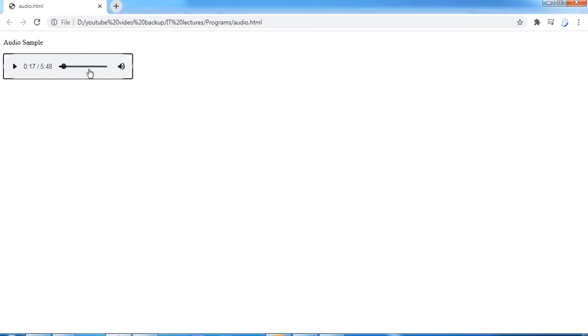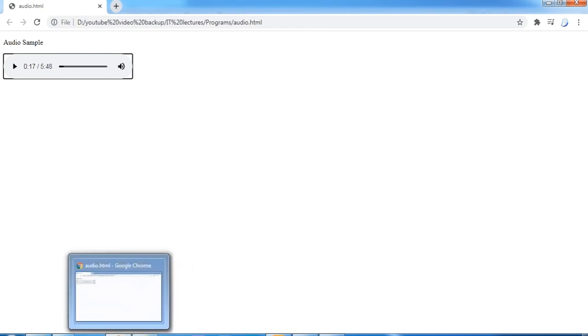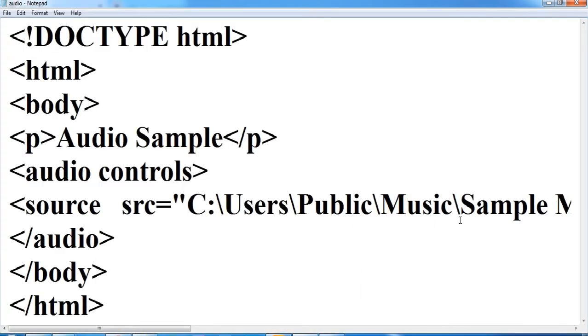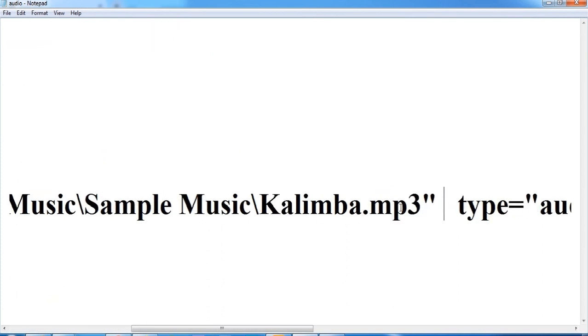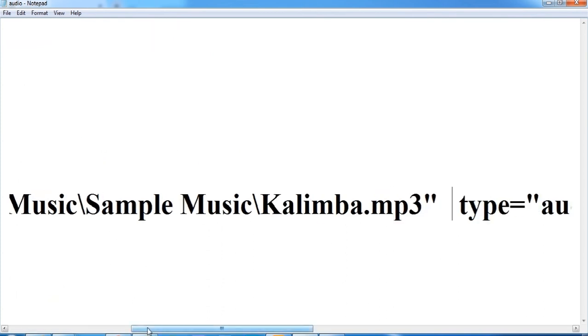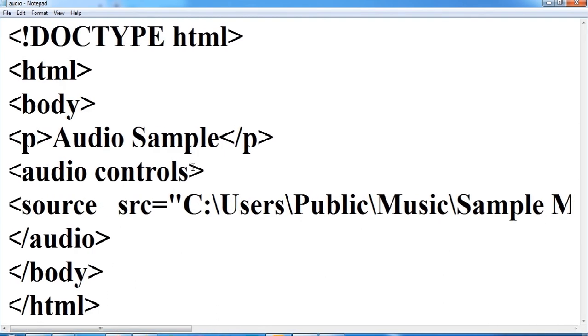If I want this file to repeat again and again, then I will use the attribute loop is equal to, suppose, 2. This will repeat 2 times. Let's see. Save.